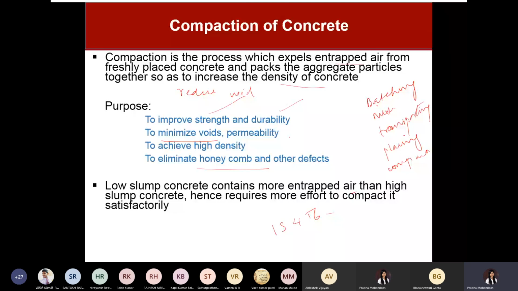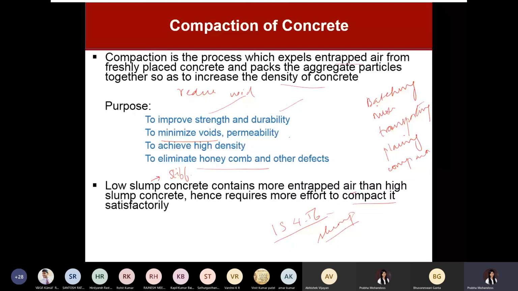application. Either you want to place your concrete for foundation, or for buildings or bridge structures, and again it depends on the environmental conditions, whether it is an aggressive, very severe, normal or mild environment. All these conditions will be looked at to check the workability, and depending on the workability, your compaction will vary. If you have low slump workability, your matrix will be very stiff, so you will end up putting a lot of effort into compacting the concrete.